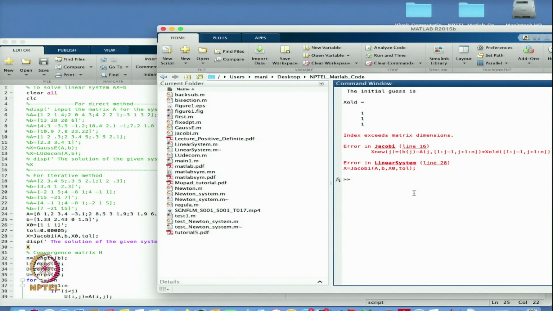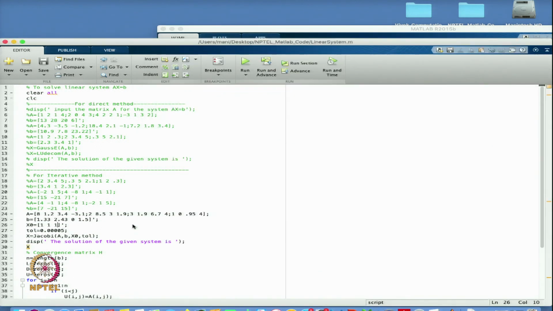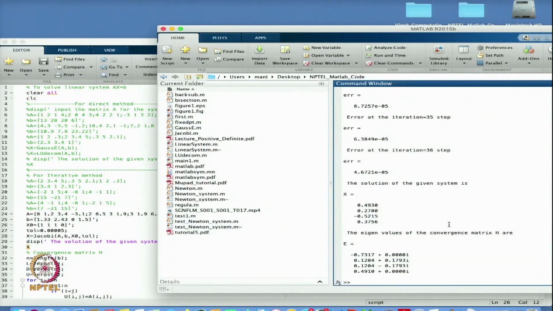So this is the initial guess because it is 4 by 4. So I just take the initial guess like this. You can take any initial guess, it does not matter. So that is the solution we are getting. So after 36 steps you see that my error reduced to this value and that is my solution.